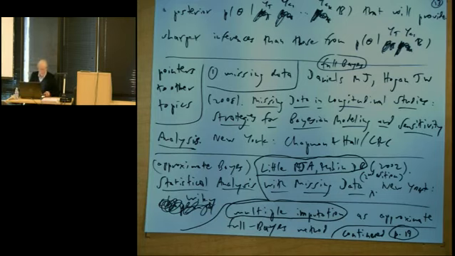Rubin is a guy who likes to make a nickel off what he does, and so I don't think he has ever made his multiple imputation software available as freeware through R. I don't think that's true. I think you have to pay him, his company, which is based in Ireland, to minimize the taxes. You have to pay his company to get a copy of the software to do the multiple imputation thing. So